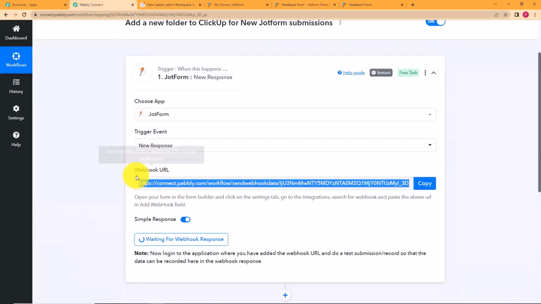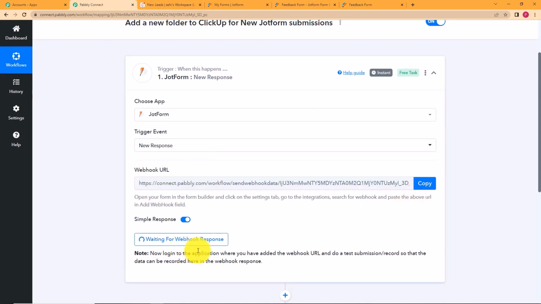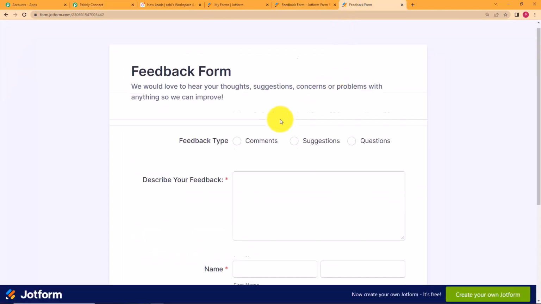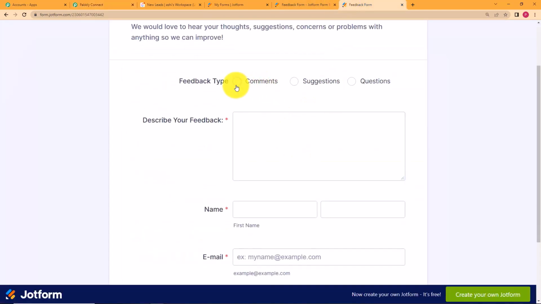Now as soon as you have copied it from here, Pabbly Connect has started to wait for a response. Now in order to get a response, you have to fill the form. So we'll go back to feedback form and fill it. Now what is your feedback type? For example, this is for some order you are asking. You've ordered something online but you did not get the bill and invoice for it. So you will just click on suggestions and then type that